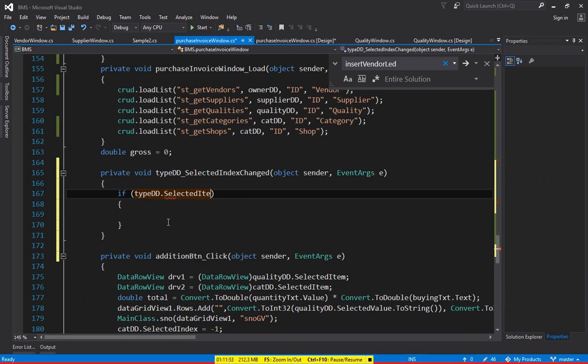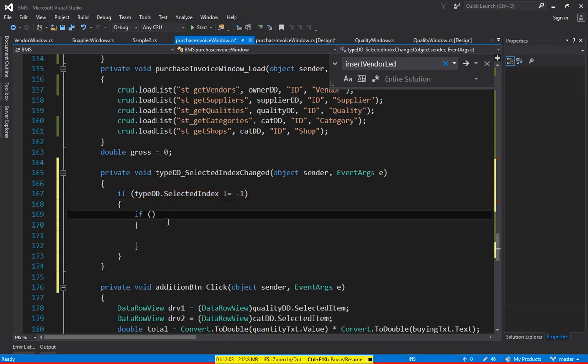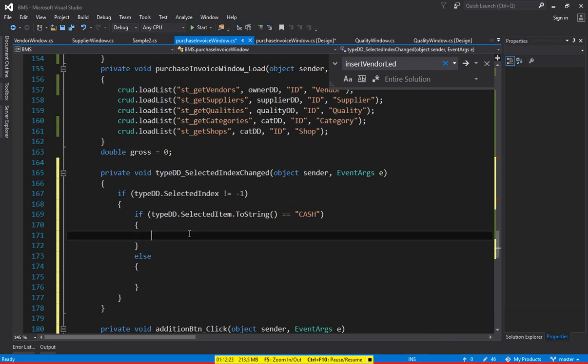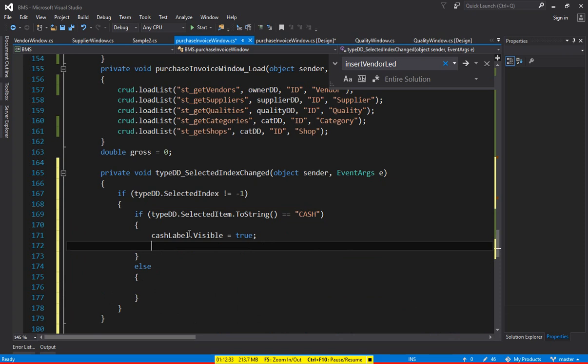if type drop down dot selected item dot selected index is not equals to -1, then come inside and then specify if type drop down dot selected item dot toString is equals to cash, and else come inside. So if cash, then cash label dot visible equals to true, because that were invisible by default, and cash text dot visible